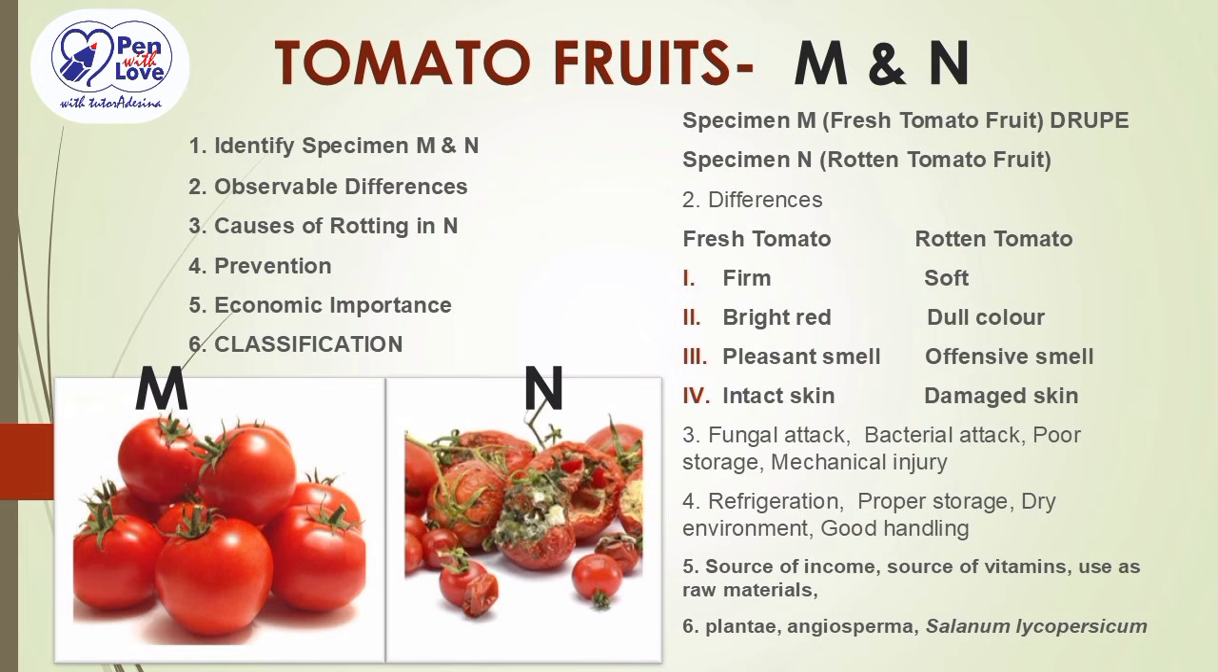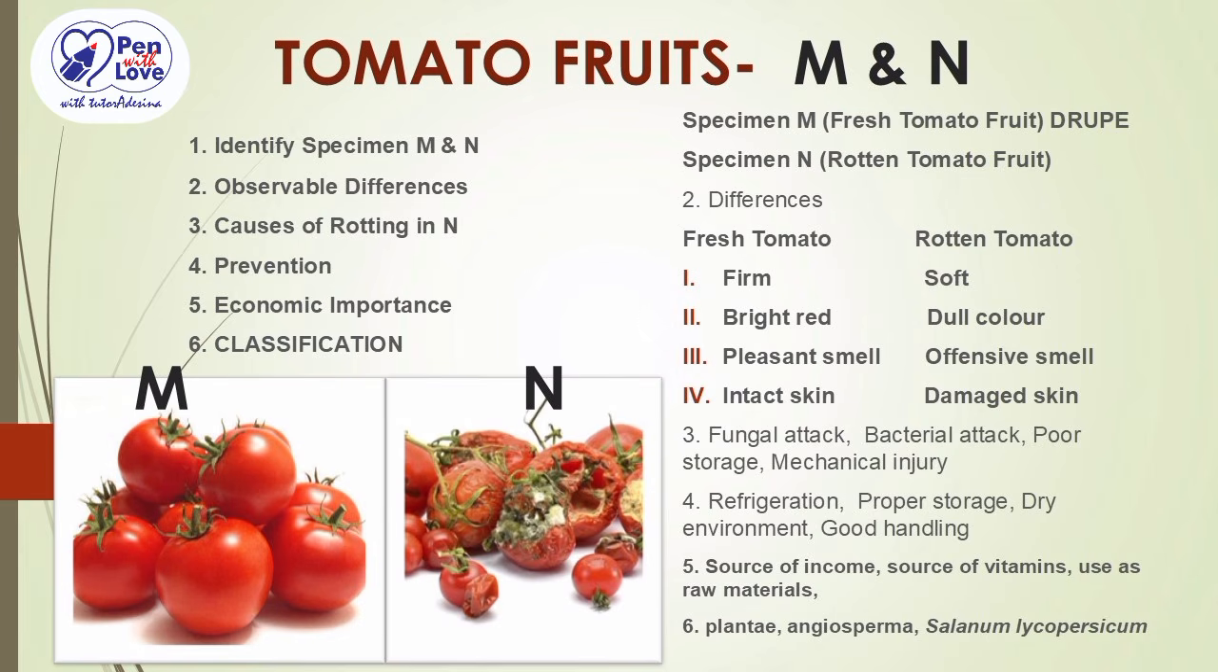So number 1, fresh tomato is firm, while rotten tomato is soft. Fresh tomato is bright red, the color is bright, while rotten tomato has a dull color. Fresh tomato will smell pleasant, while rotten tomato will smell offensive. Fresh tomato skin will be intact, while rotten tomato will have damaged skin. So looking at the pictures, you can see all what I've mentioned are things we can see with our